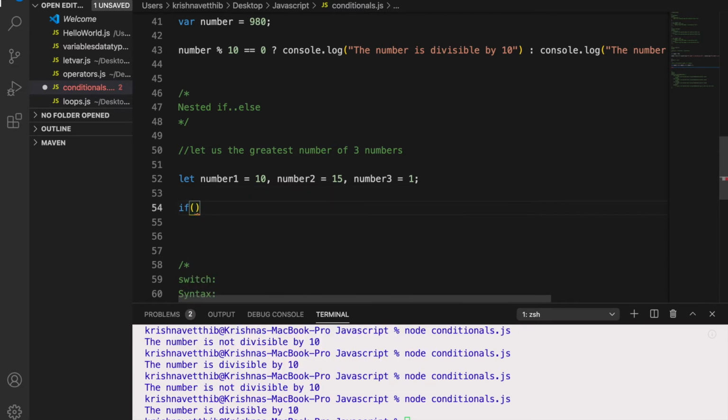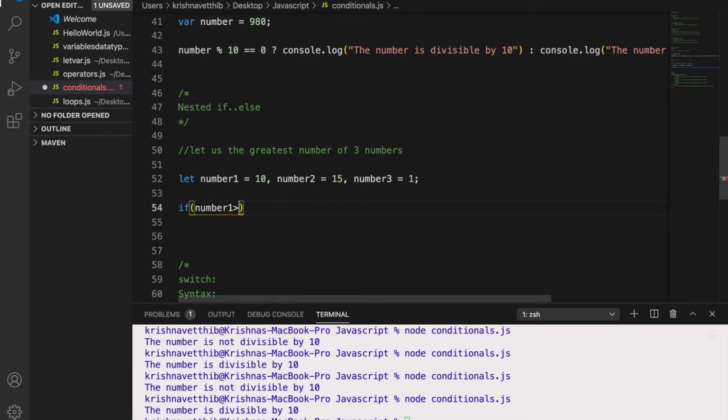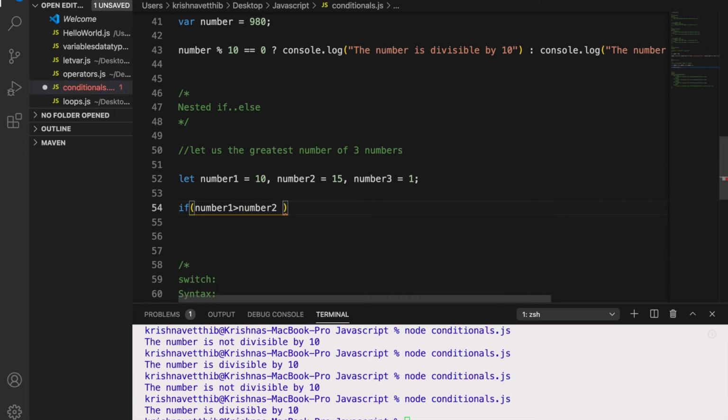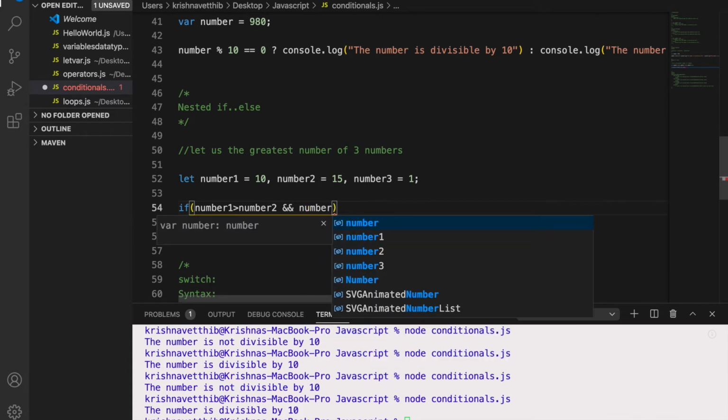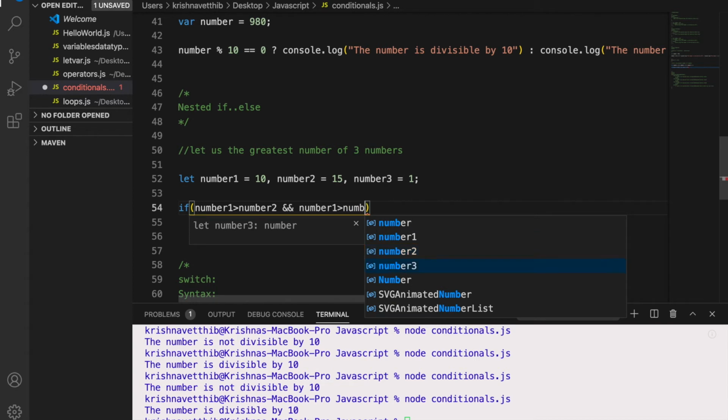So now, if number1 is greater than number2 and number1 is greater than number3